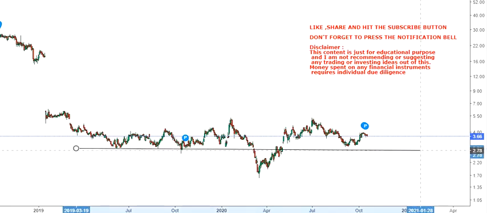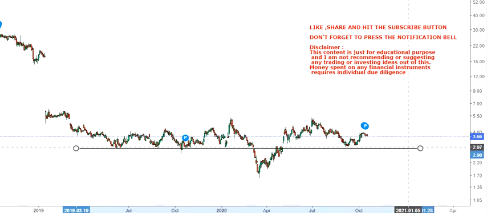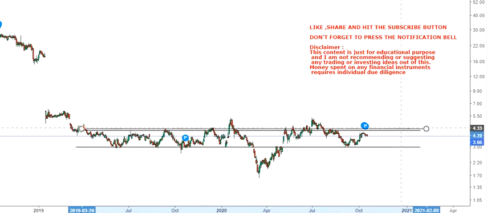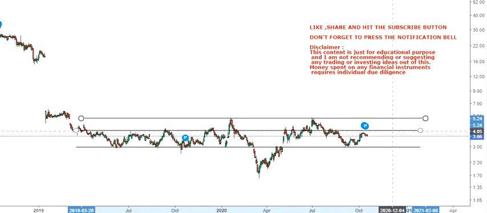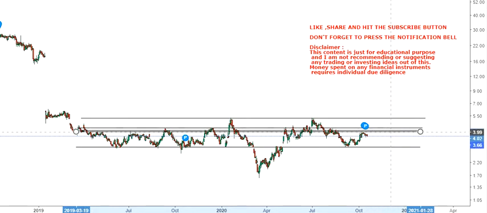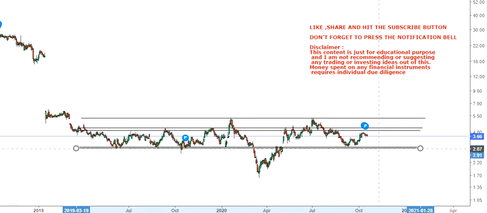So let me simply tell you the trend, and this is very easy indeed. If you have an ample amount of liquidity in the stock, you can use your support and resistance levels accordingly, and if the trend holds as per your observation, then obviously you are bound to make some good bucks out of it. This is what you need to understand here.